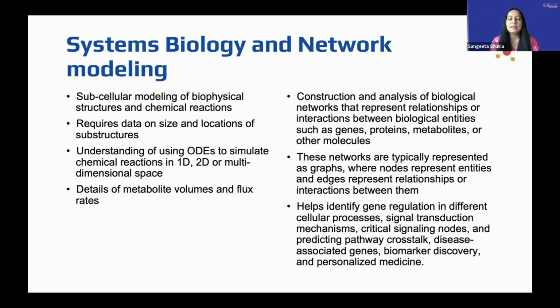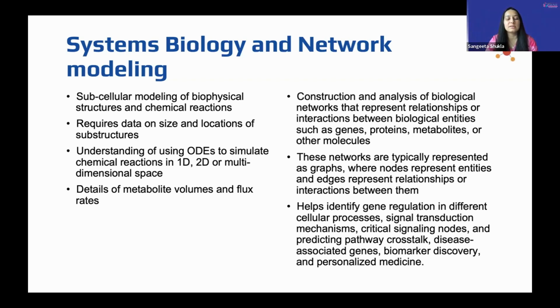And these networks could be represented as graphs, where nodes represent the entities and the edges represent the relationships or interactions between them, and use that graph to essentially understand and identify how